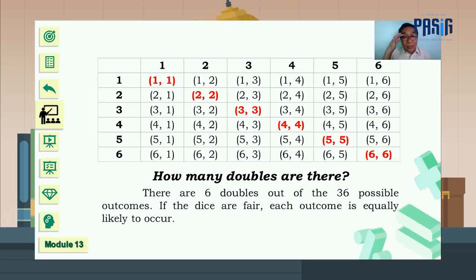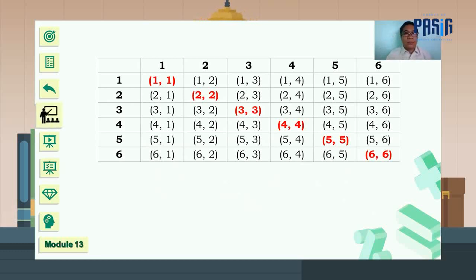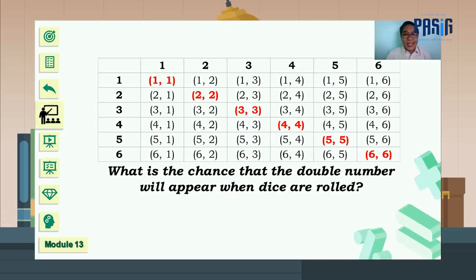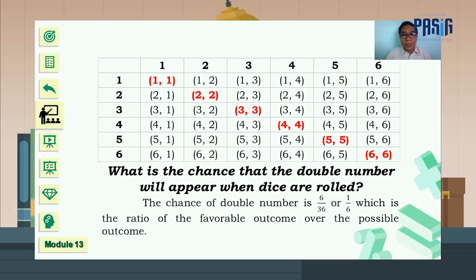If the dice are fair, each outcome is equally likely to occur. What is the chance that a double number will appear when dice are rolled? So we have 6 divided by 36,